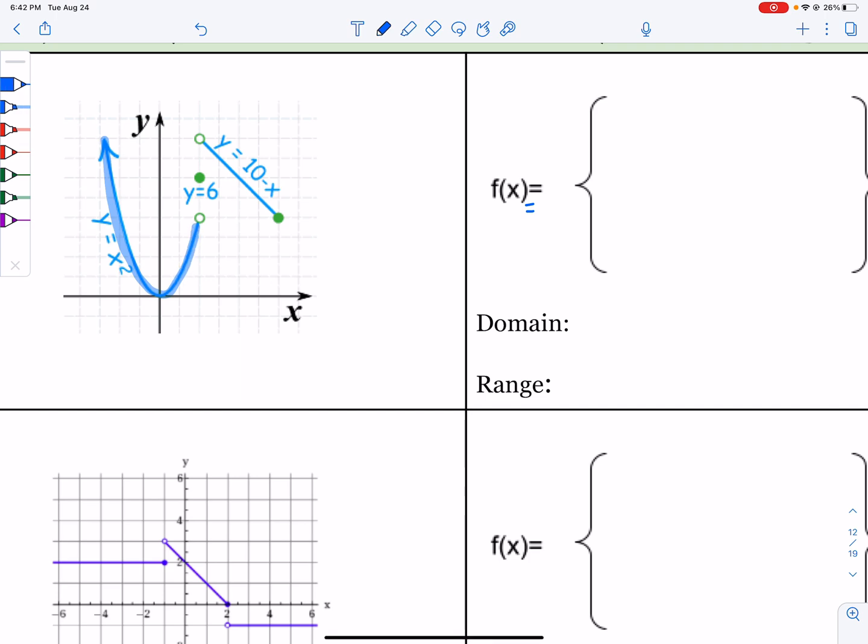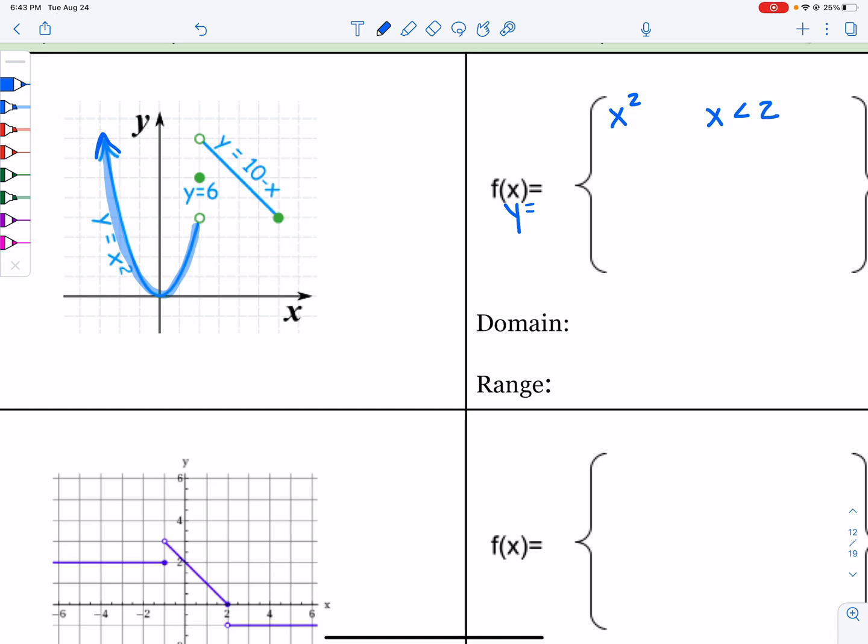So for this first piece, I can see y equals x squared. So f of x is like y equals, so you don't have to write it twice. You've already got it out front. So just put x squared inside the curly brace. You can tell that the x values are going from negative infinity up to where x is equal to 2, but then it's an open circle. So we would say x is less than 2